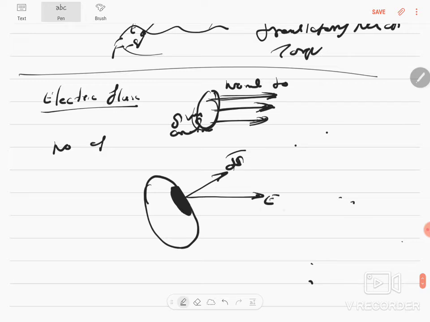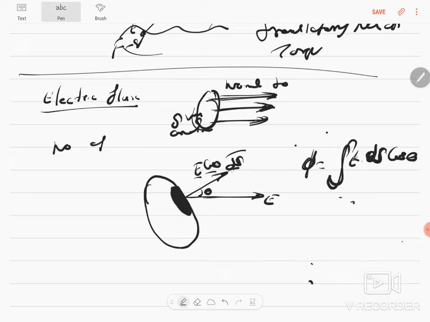So you can't take this electric field in this direction; you have to consider this angle as theta. So this will become E cos theta. So the flux is nothing but this integration of E ds cos theta. Understood? This is the component of E, E ds cos theta. When asked to define this, flux is nothing but